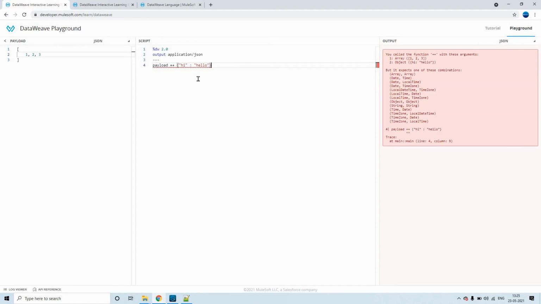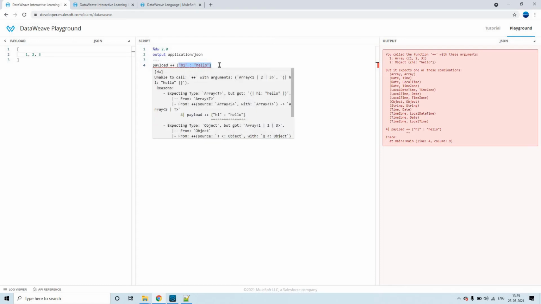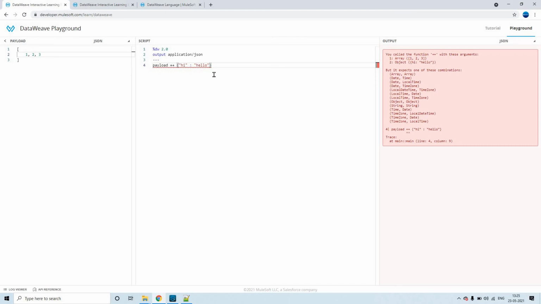What happened? This is an array and this is an object, right? So we cannot concatenate two different data types ultimately, unless the data type you concatenate is able to be typecast. That is how it works. Mostly you remember that we have to use similar data types, or the data type you concatenate should be able to typecast into the other. That is how you can play with this plus plus operator.